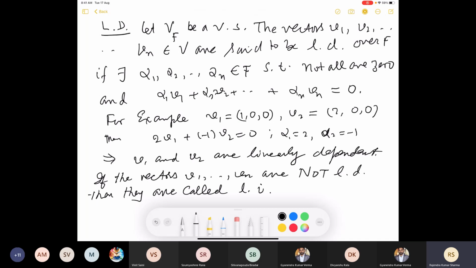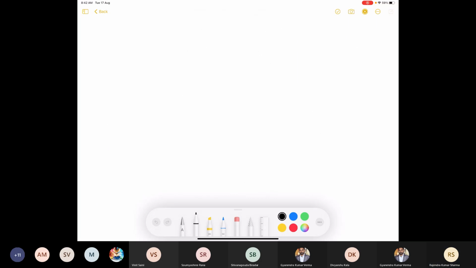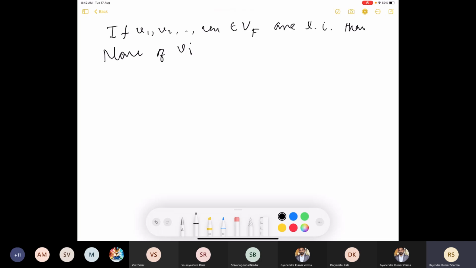Because if say some v_i is 0, then you can take the coefficient of this v_i, say alpha_i, which is not 0. Any linear combination of these vectors v_1, v_2, ..., v_n, choosing all coefficients of the v_j's other than j equal to i as 0, and for this any non-zero alpha_i will give you a 0 linear combination. So if v_1, v_2, ..., v_n in V over F are linearly independent, then none of the v_i's is the 0 vector. For if say v_i is 0,